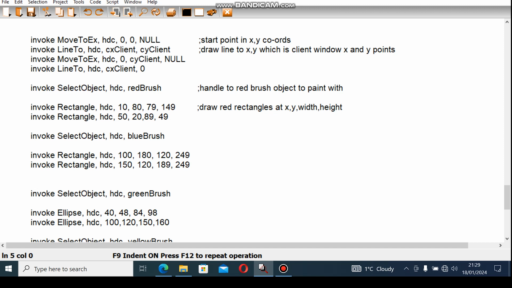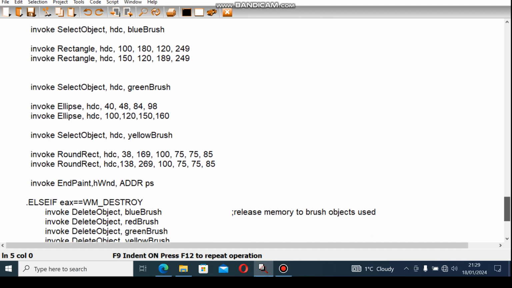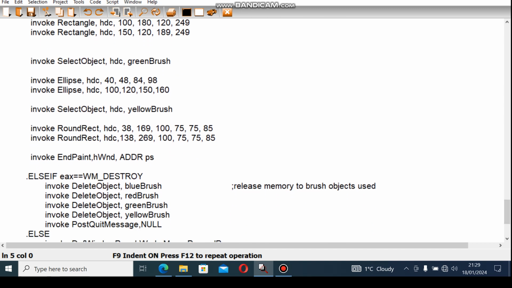Then we switch to the select objects, red brush, draw our rectangles at these coordinates, X, Y, width, height, grab the blue brush, more rectangles, grab the green brush, some ellipses, grab the yellow brush and do some round rectangles. So we've done quite a few with them. The thing is, then we end